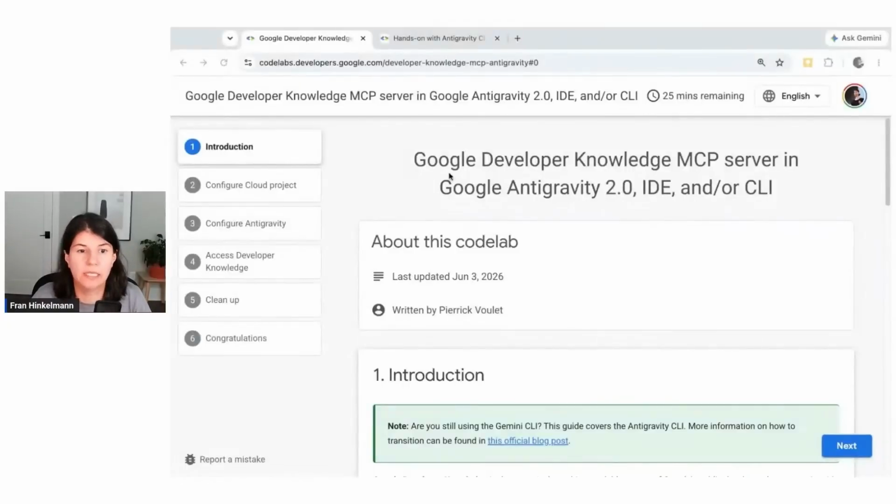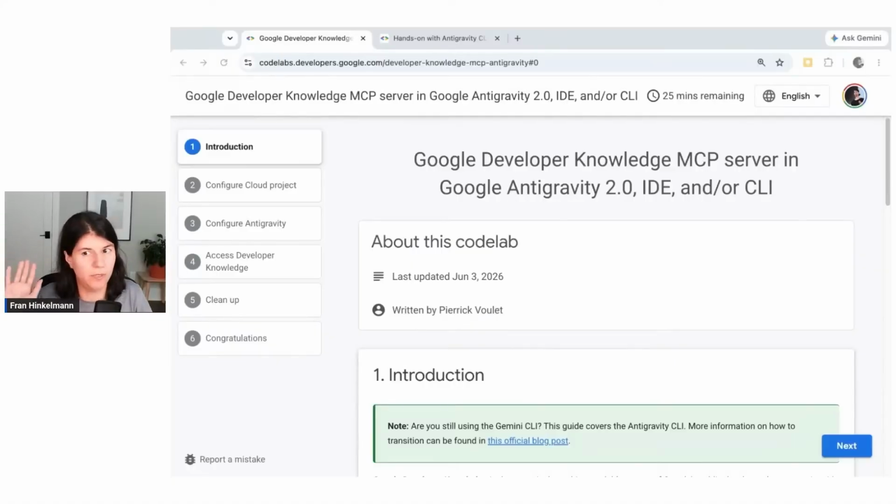Again, the links for the code labs for day 2, you'll find them in your emails and the discussion post. There's no submission process once you're done. We just want you to carefully work through the code labs and learn as much as you can. Go experiment. Our first code lab shows you how to configure an MCP in Antigravity.